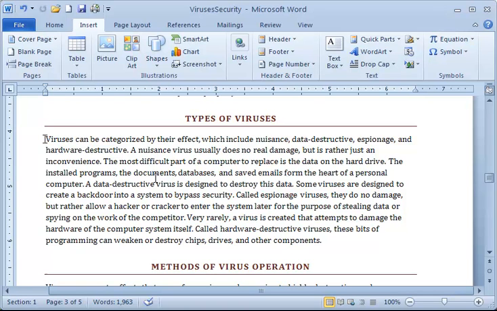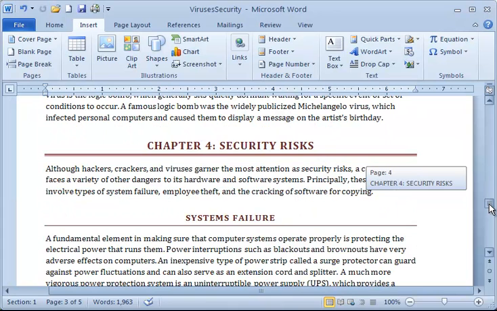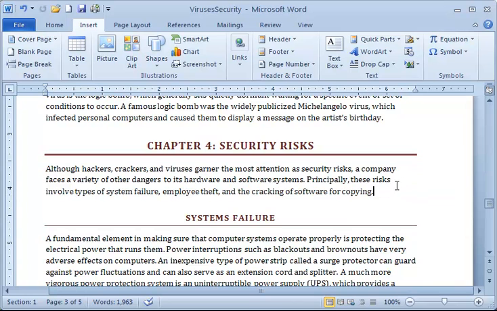All right, next we're going to take a look again at how we can navigate within a document using hyperlinks. And we're going to set a hyperlink to go to that virus bookmark within our document. So to do that, first of all, we're going to the Chapter 4 Security Risks, first paragraph. Right here, we want to put in a hyperlink that will allow us to go back to the viruses area. Now to do that we do need to put in some text here so that the user knows to go back to, they'll be able to click on the text and then that'll immediately take